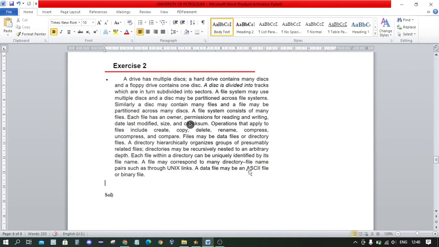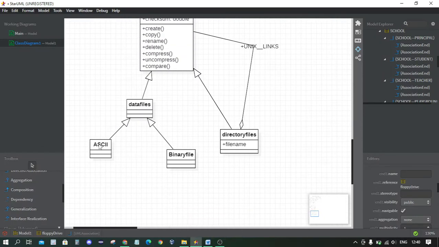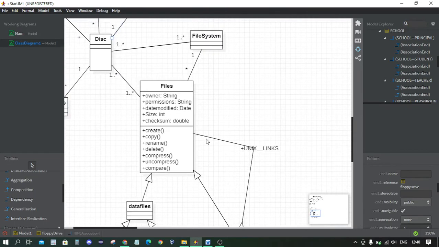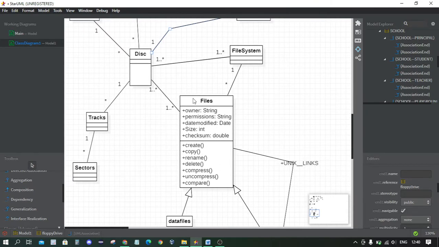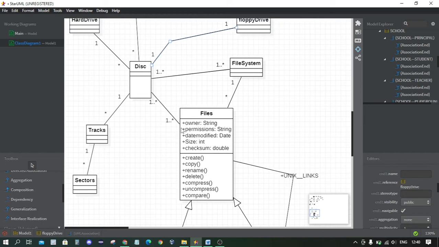A data file may be an ASCII file or a binary file. So again, a data file is a parent class which may be of two types, ASCII file or binary file. That's why we use the generalization relation between the data files and the ASCII file and binary file types. And these are the operations which we have to perform while executing this class.